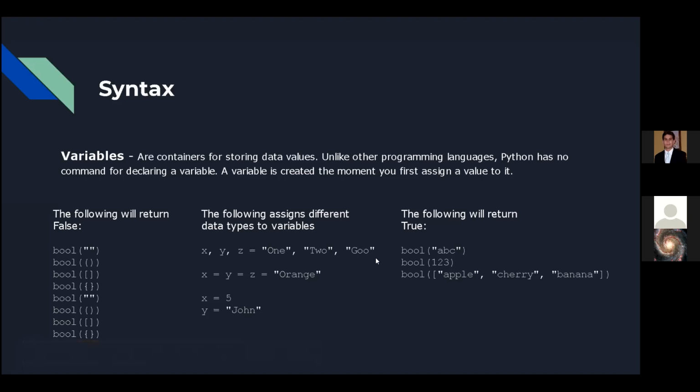So, and you also have the Boolean type, right? There's some examples here that you could see, like how you would have false and what would give you true. So if you have one of those containers empty, it's going to give you false. So this is how you would check if something's empty. And you can check for the different ones. So this is a tuple. This is a list. This is a dictionary, and this is just twice, just so you get the point. So if you have something in there, it's going to return true if you don't specify a condition.